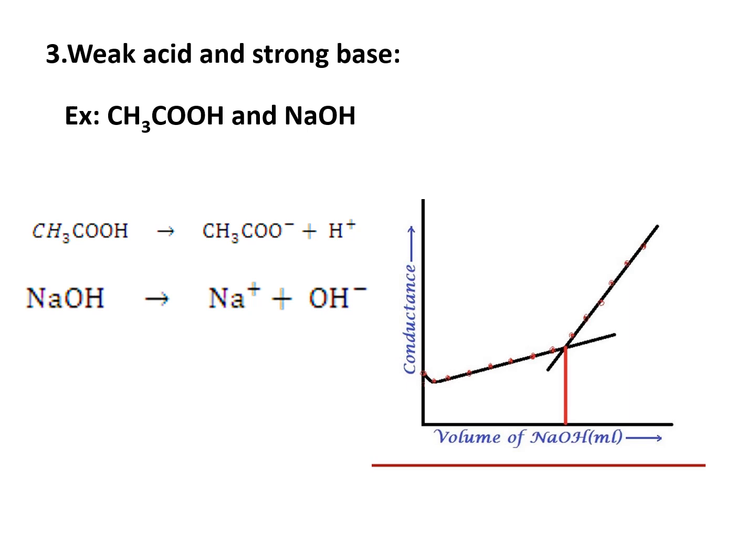So let us go to the third category, conductometric titration of weak acid against strong base. And weak acid here we have considered acetic acid, and strong base we have taken here sodium hydroxide. And weak acid produces acetate ions and H plus ions. Strong base produces sodium ions and hydroxyl ions, OH minus ions.